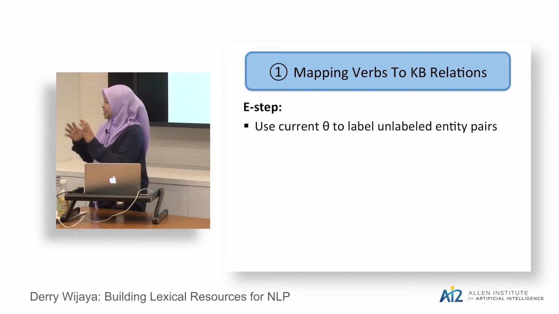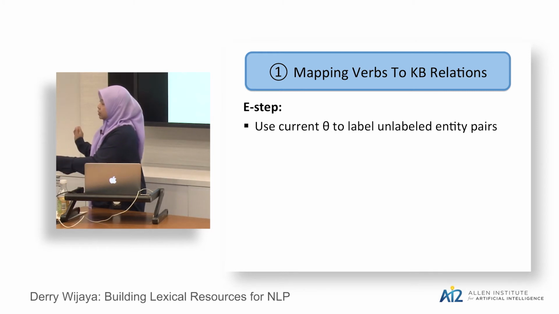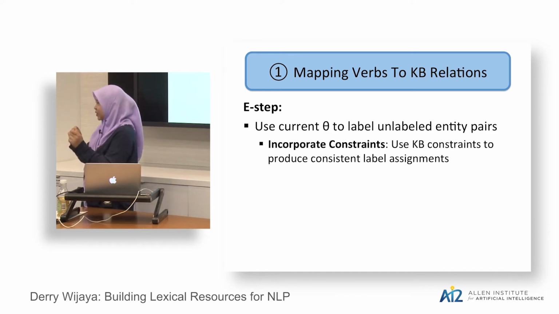So the relations have an argument 1 and argument 2. For example, book writer: the argument 1 is the book and argument 2 is the writer. That's the type in NELL. And so we constrain it such that for an unlabeled pair, we know the subject and object type. So we only label the entity pairs with the relation whose argument 1 type matches the type of the subject and the argument 2 type matches the type of the object. Yeah, that's the domain and range of the